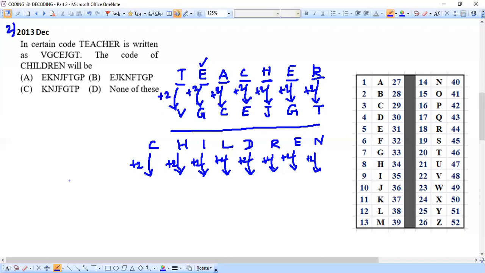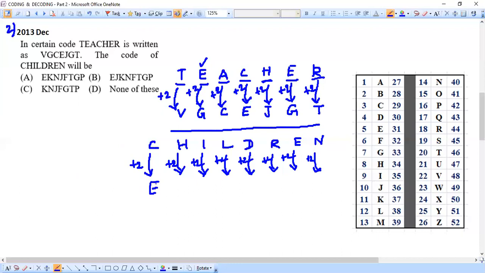That's it. We'll quickly do it to get the answer. Again, we'll do it letter by letter, right? So first letter we have C. C +2 we have to go. So C is already at the third position, so 3 +2 we have to do. C is a third position, +2 I do, I'll be getting 5. So 5 corresponds to the letter E.